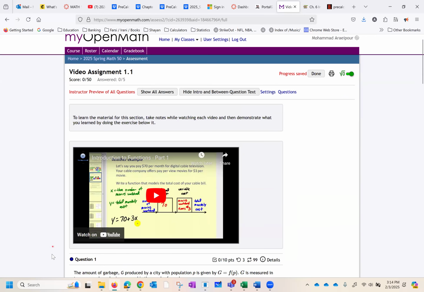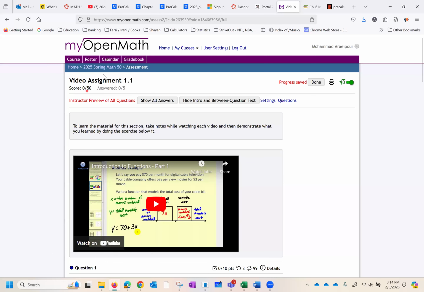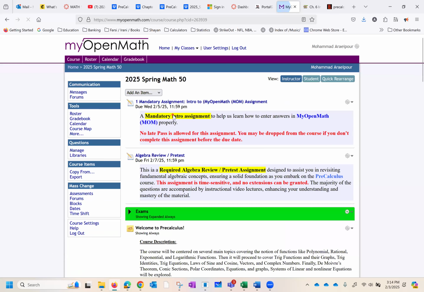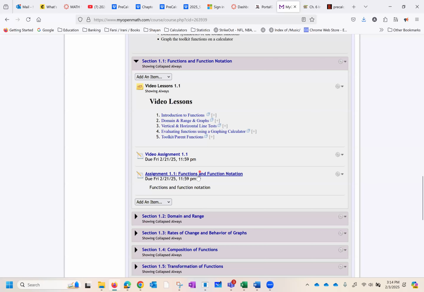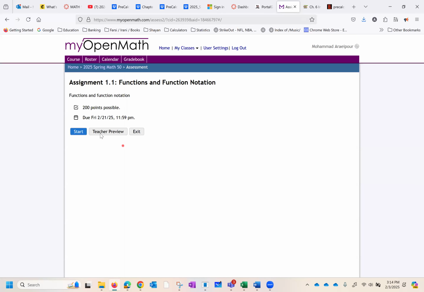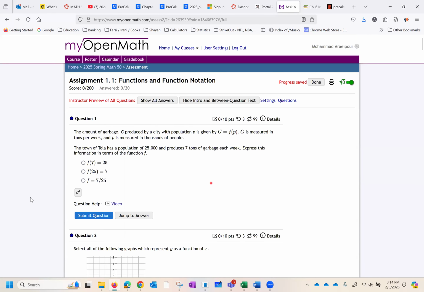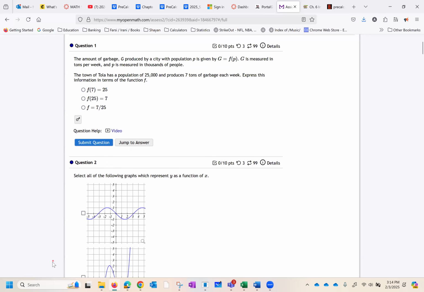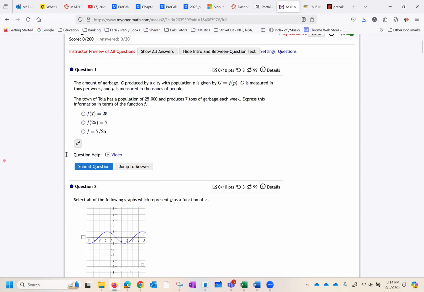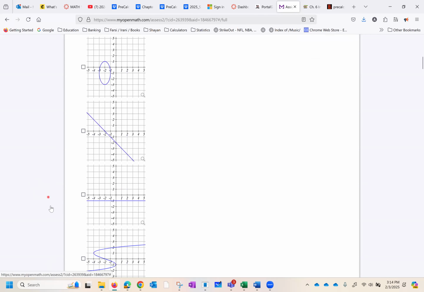It makes it very simple and it gets you ready to do the actual assignments. In this case, for example, this one. Some of the homework assignments, for example, you see the first question also has help in the form of a video. Some of them do, some of them don't, okay, class?